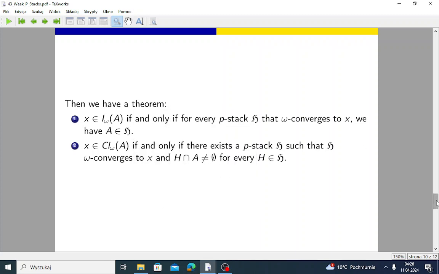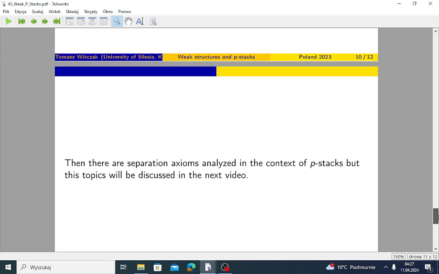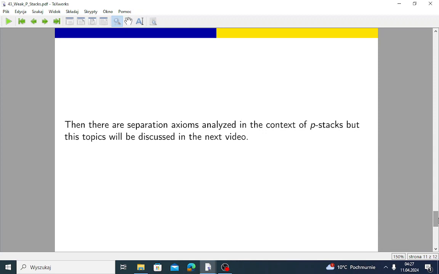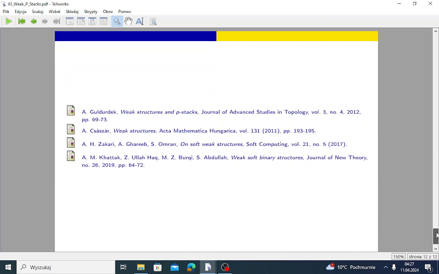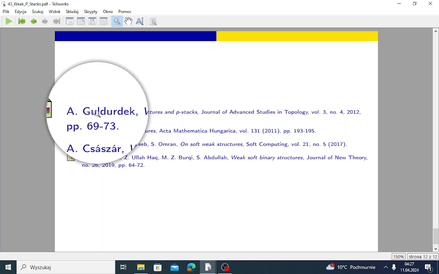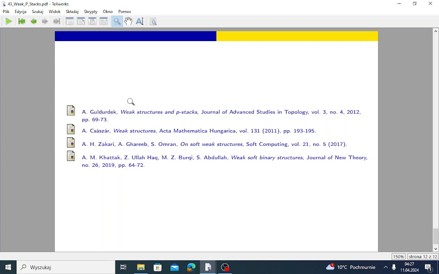Well, rather simple proofs. So these were only those initial terms, but then the very core of the paper, that will be discussed in the next video, I hope that it will be today or tomorrow, we will see, is about separation axioms. There are several separation axioms, T0, T1, regularity, T4, that are analyzed in the context of p-stacks. The proofs are slightly more complicated, more interesting. So you will see, or you can just check the original paper of Güldürdek. It should be umlaut U, sorry for the author,